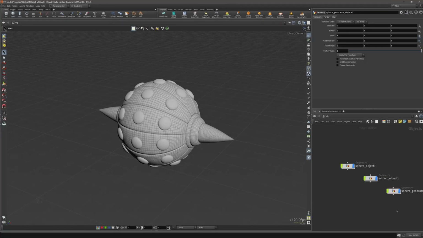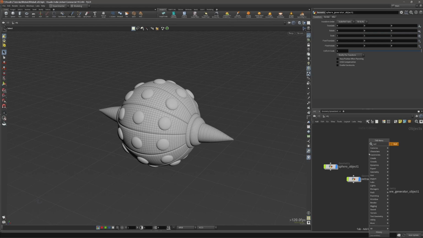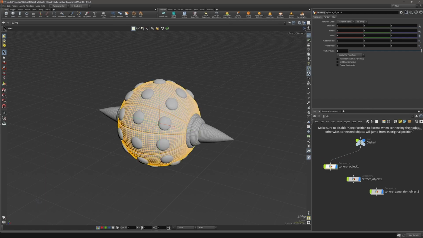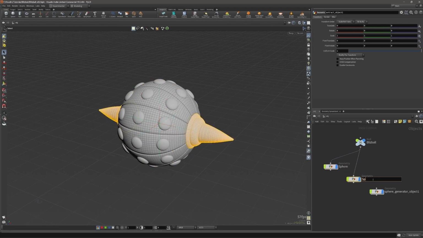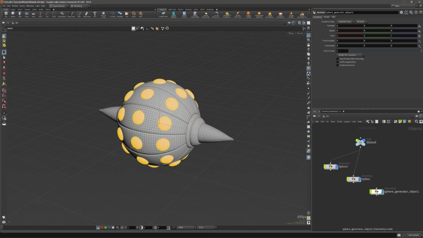Before we continue, let me just quickly organize these geometry containers in proper hierarchies. So I will just add a null. And this is going to be my Blitzball parent null, which will always be in the center. And now let's select this one and say it's a sphere. Let's connect this one and say spikes. Let's select this one and say mini spheres